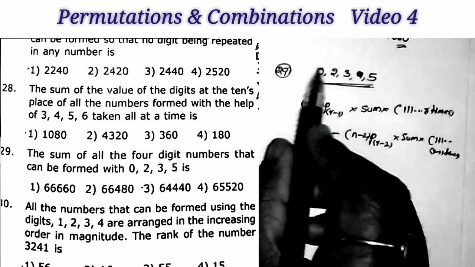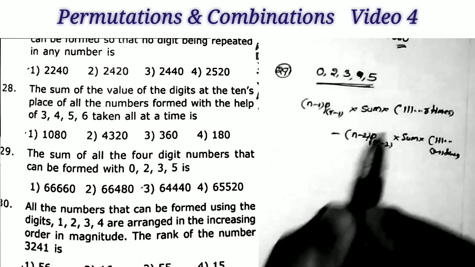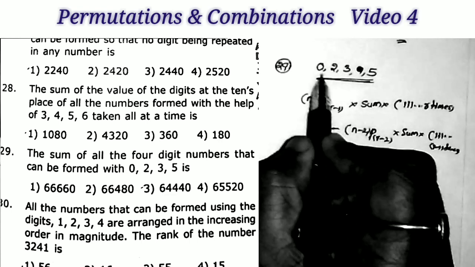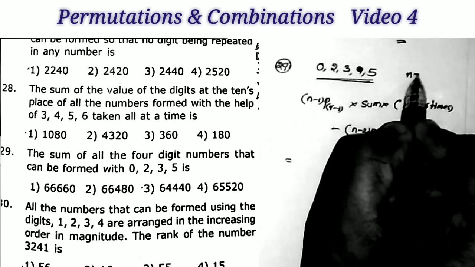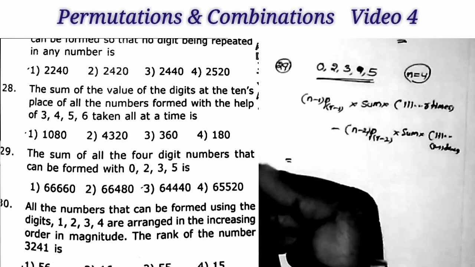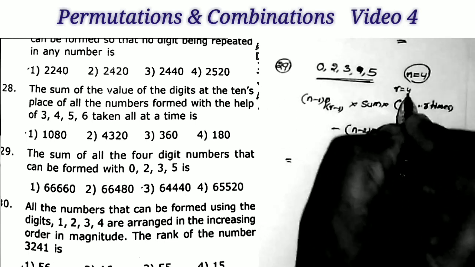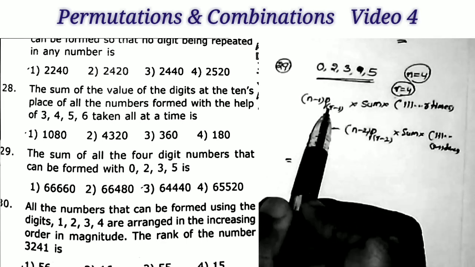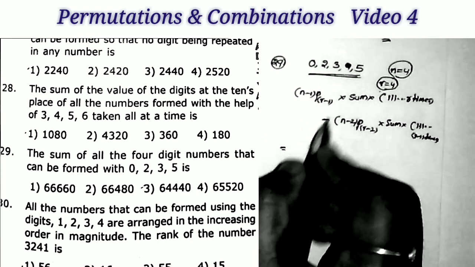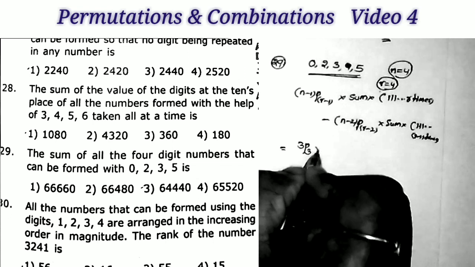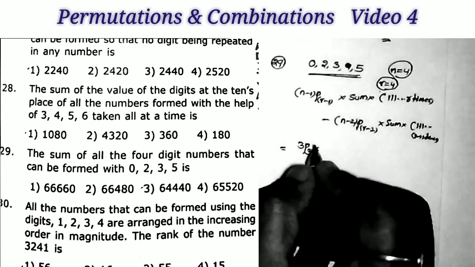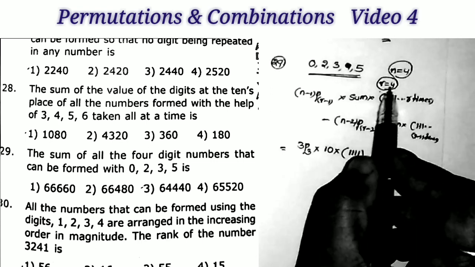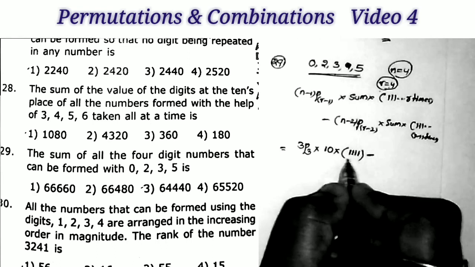So here we have the number 0 also in the given digits, then we apply this formula. Okay, now replacing the values. Now what are the n comma r values? n is equal to the given number of digits, that is n is equal to 4. And we want the sum of the 4-digit numbers, that is r is also equal to 4. Now replacing the values. 4 minus 1 P 4 minus 1, that is 3P3, into the sum of the digits. Adding all these numbers, then we get 10 into 1, 1, 1 up to r times. But r is equal to 4 here, that is, here we take 4 ones.